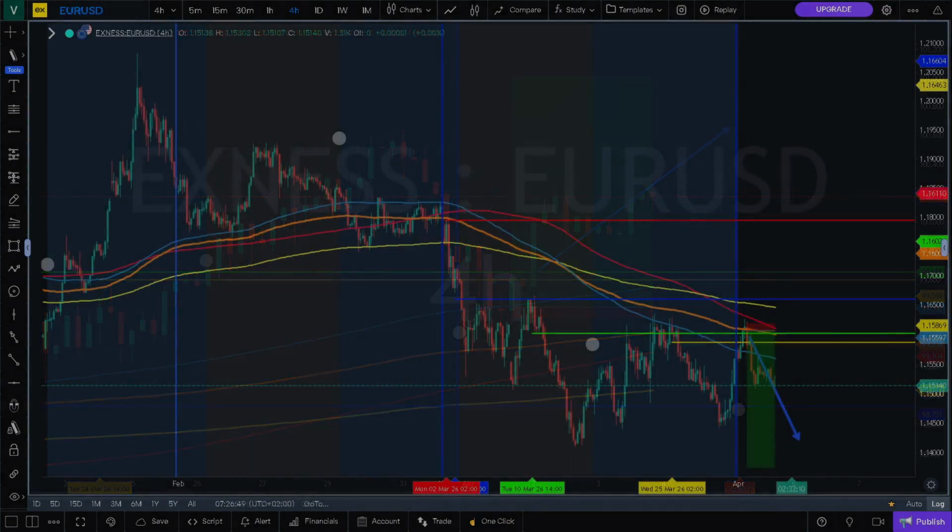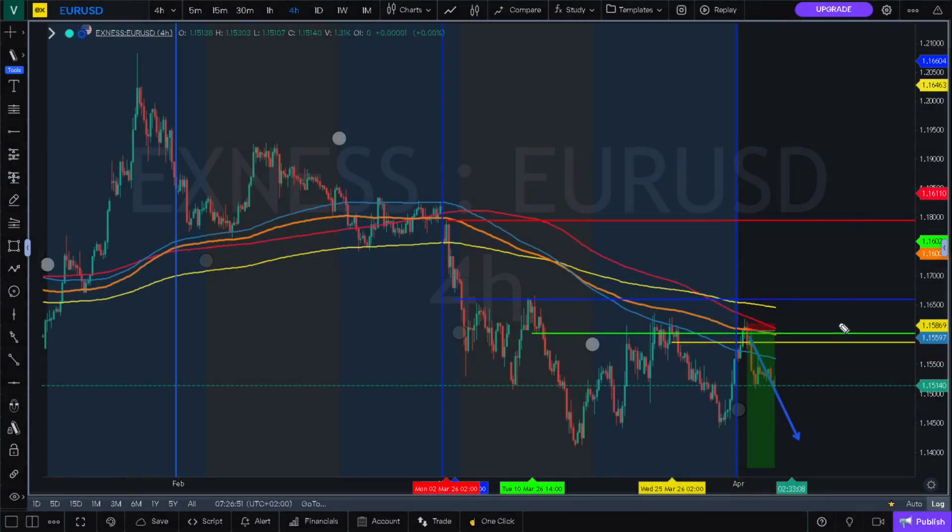So beautiful traders, with the euro and the dollar, very simply put, what we do have was a beautiful pullback to this and reached our liquidities. And as soon as we reached our liquidities, price starts dropping. Now, this was a beautiful setup also, but before anything else, let's go straight to see what the signal